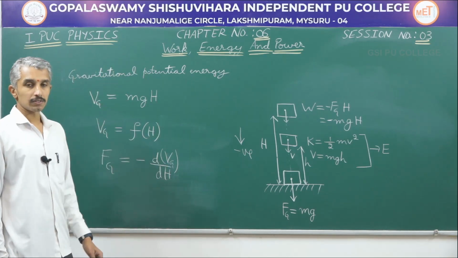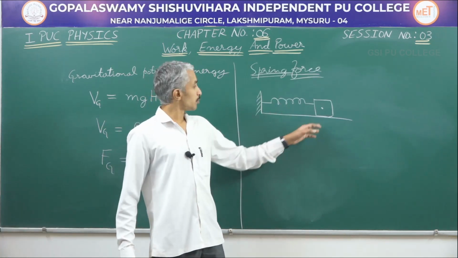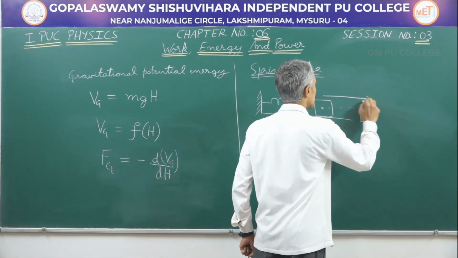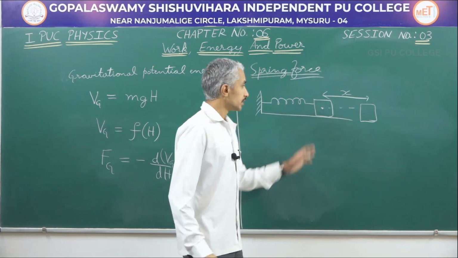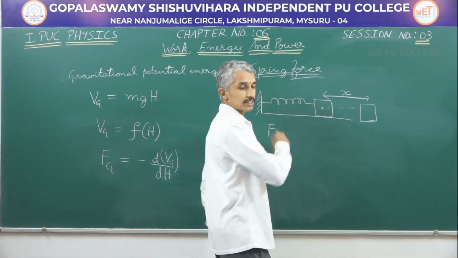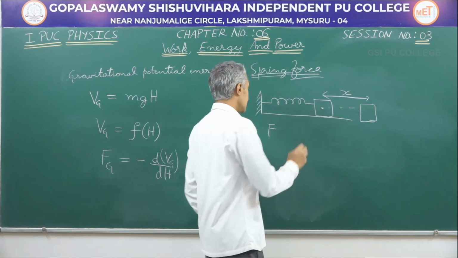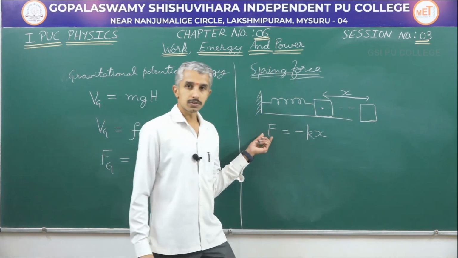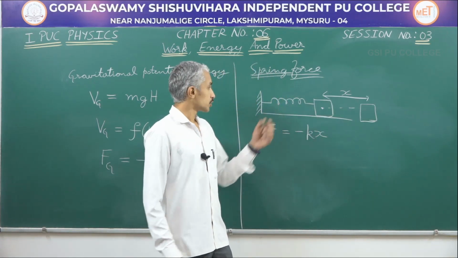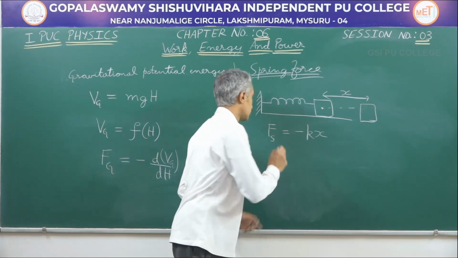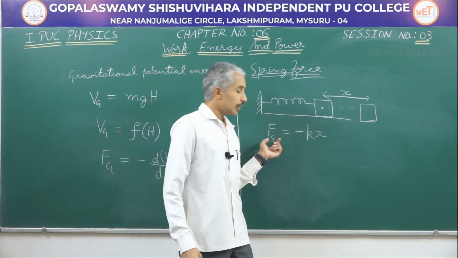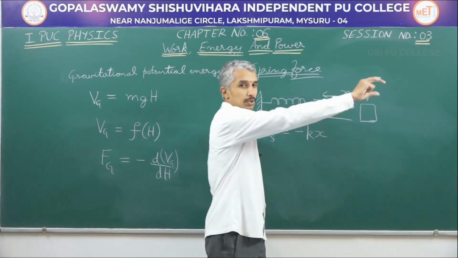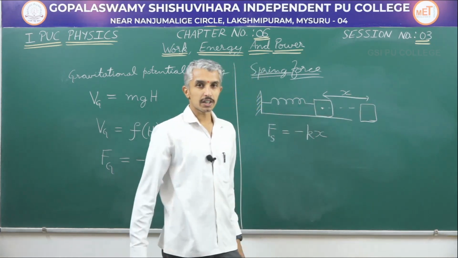Similarly, as we proceed further, we will see that if I have a spring and mass attached to it, pull the mass aside by a distance x. In this case, the force exerted by the spring when you pull it aside is given by minus k into x. The restoring force by the spring, which I can represent as Fs, the spring force, is going to be given by minus kx, where x is the extension of the spring. The more you pull, the spring rebounds back with greater force.